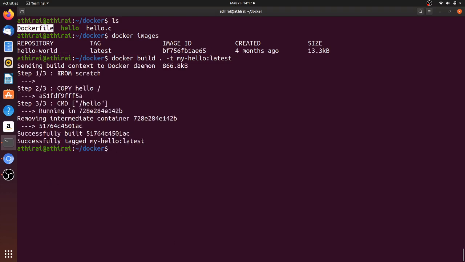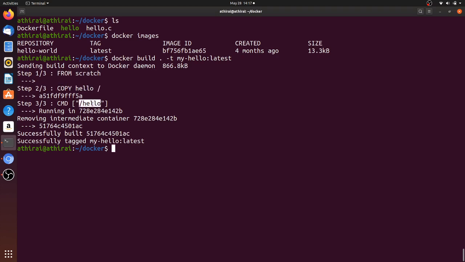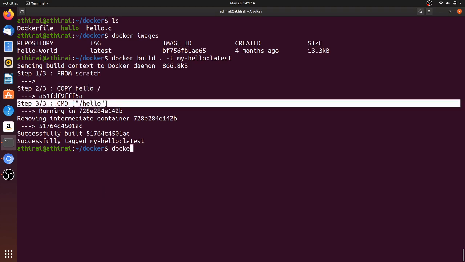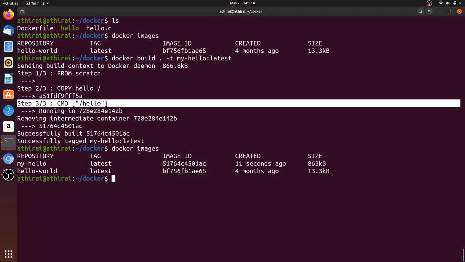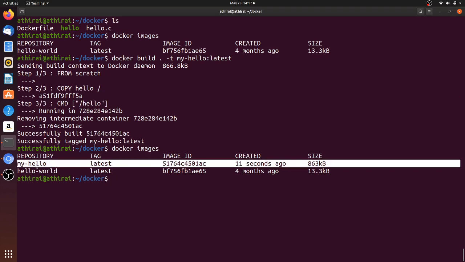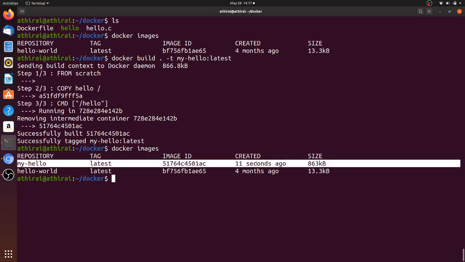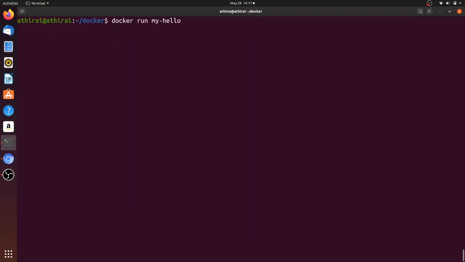So here you can see it is taking the FROM scratch and then COPY this hello and then asking it to run this command. So if I give the docker images command again, you will see my hello got created 11 seconds ago, right? So now I'm going to create a container and run it with this image.